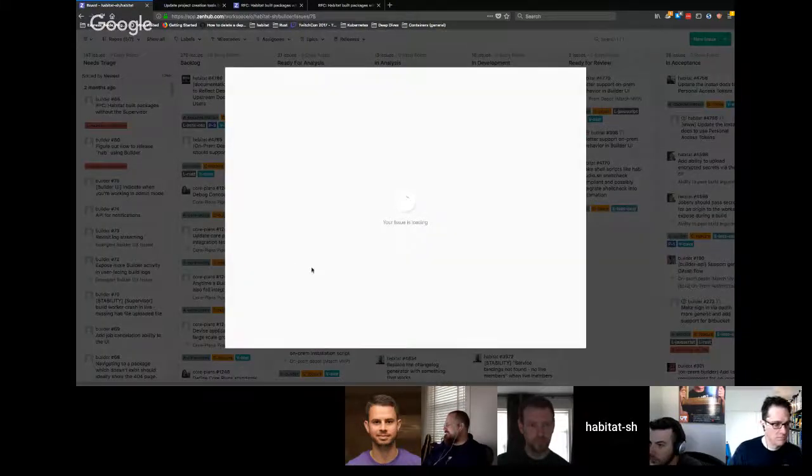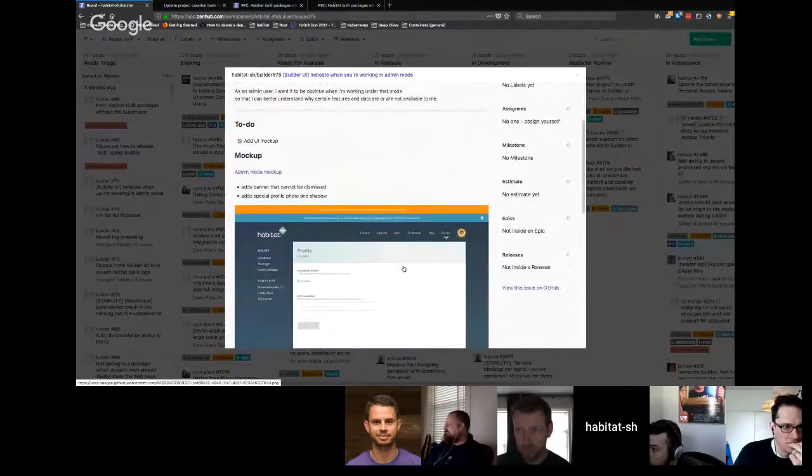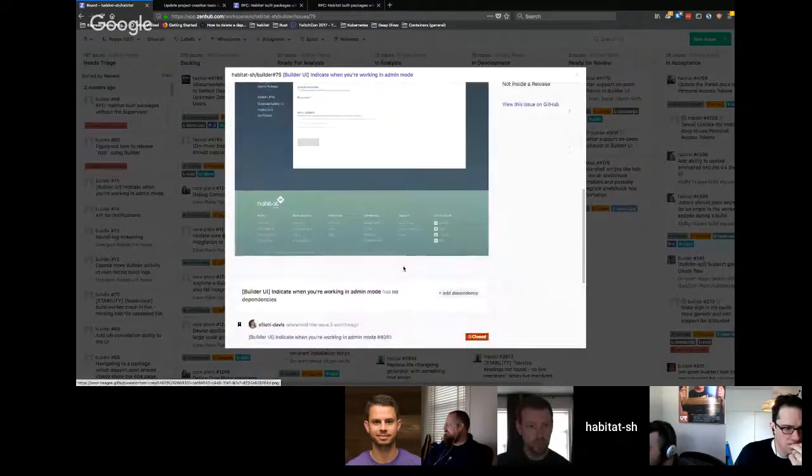Little UI, indicate when you're working in admin mode. Well, that's reasonable. But hold on. Let me take a look at it, because this was a developing feature thing for a while, and I don't know if we're still doing it. I would maybe just ping Ryan or Tasha on this.